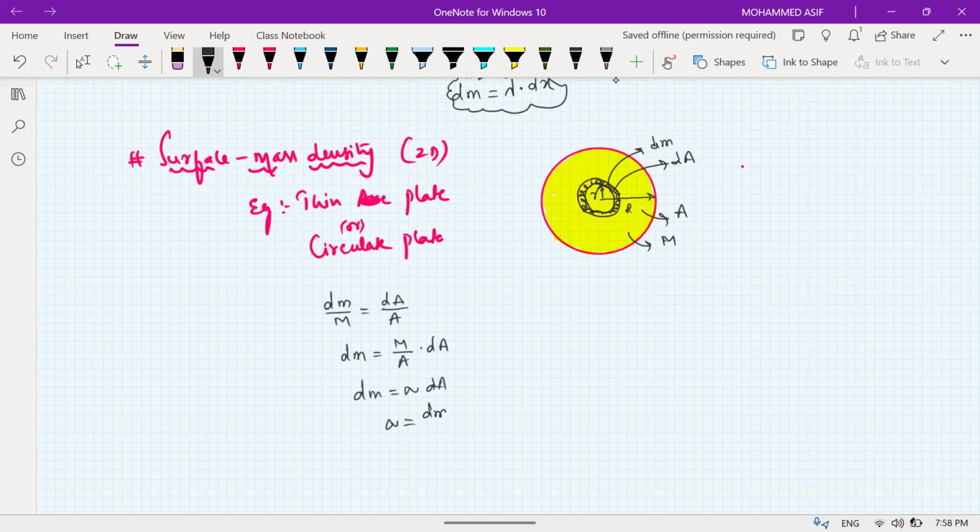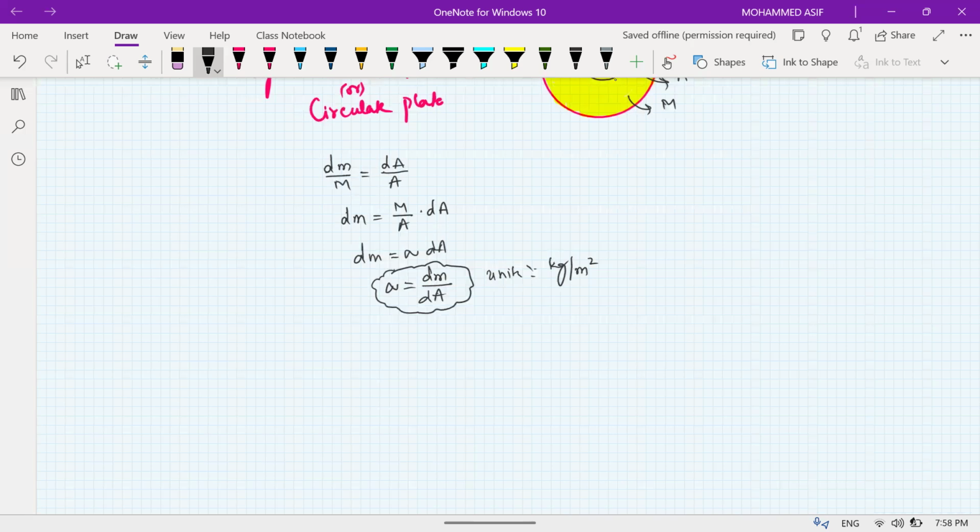So sigma will be equal to how much for me? Mass divided by area. Mass divided by area is known as surface mass density. इसकी यूनिट्स क्या हो जाएंगे बेटा, kg per meter squared, area is nothing but meter squared. Am I clear? And the last one is your volume mass density, third one is your volume mass density, represented by letter rho. This is for your three dimensions body,